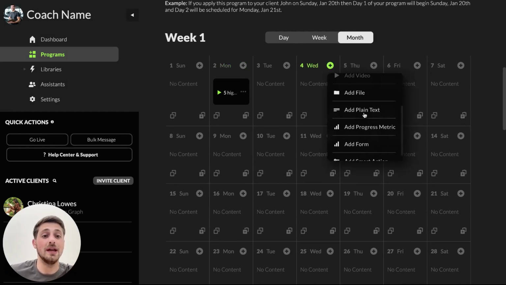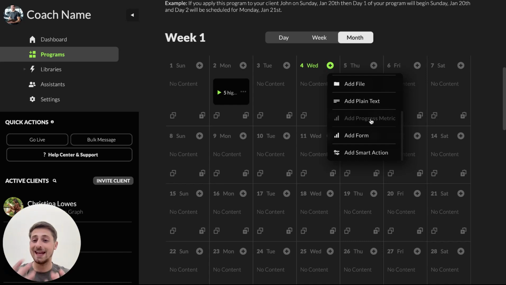Now, it can also be things like progress metrics. So that is any type of tracking, right? If your client needs to track their steps, their weights, other activities, whatever it may be, not only can the client integrate that on their end, so yes, if they have an Apple Watch or any type of thing that connects through Apple Health, they can add that in and automatically track things like steps, resting heart rate, other activities, and they can even manually add in different activities that they're doing. So you don't want to have that outside in a different place than where they complete their workouts. You want to have it in the same app. We do that with MyCoach AI.